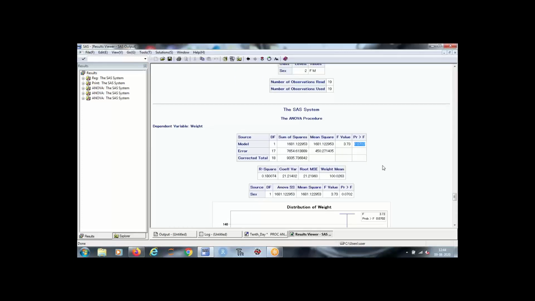So p is low, null will go; p is high, null will fly, which means null is true, which means there is no significant difference between the average of male versus the average of female. So whatever you are seeing is by chance.